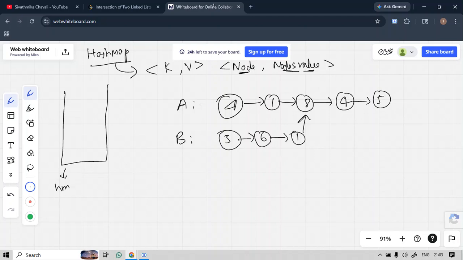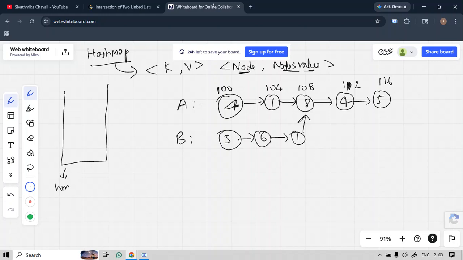Say this first node's address is 100, for example, and the next one's address is 104. In this way the 8's address is 108, and the next ones are 112 and 116.